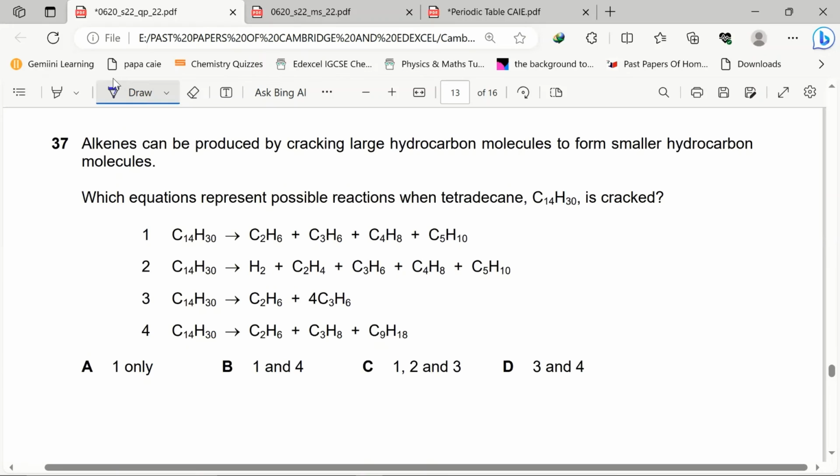So C14H30, if hydrogen is produced, there can be only alkenes, C2H6 and C3H6 and C4H8 and C5H10. Let's see, 2 and 3, 5, 5 and 4, 9, 9 and 5, 14, and we have 6, 6 and 8, 6, 6 are 12, 12 and 8 are 20 and 10, 30. So number 1